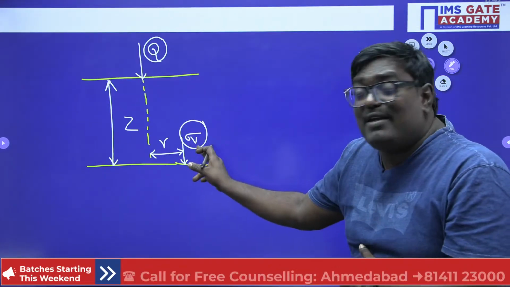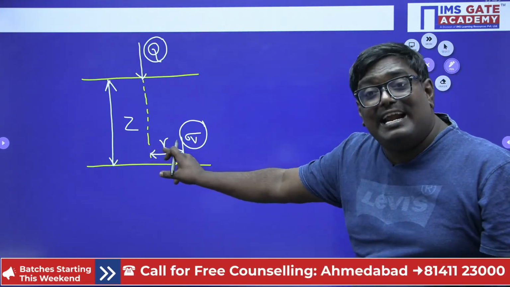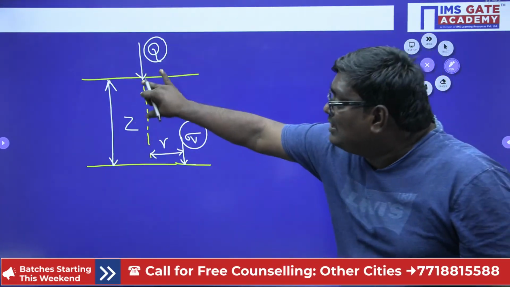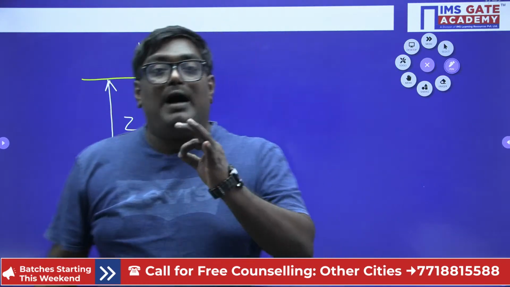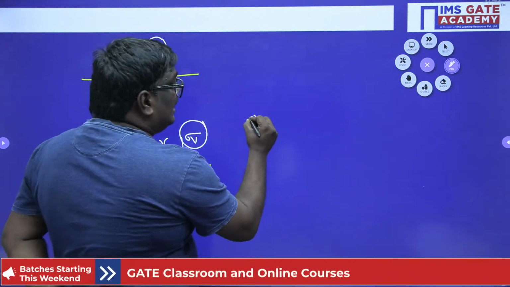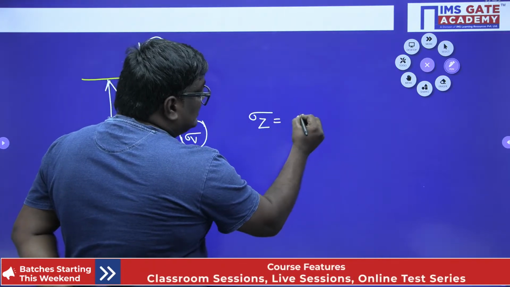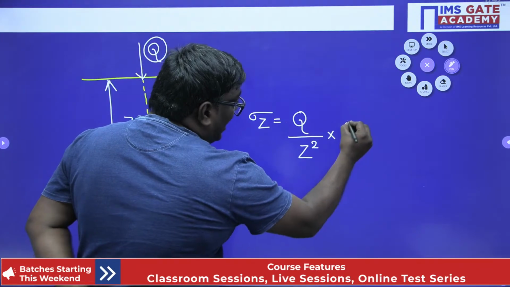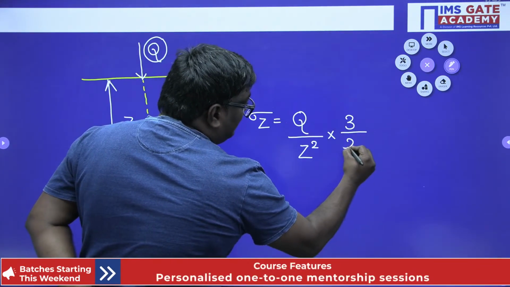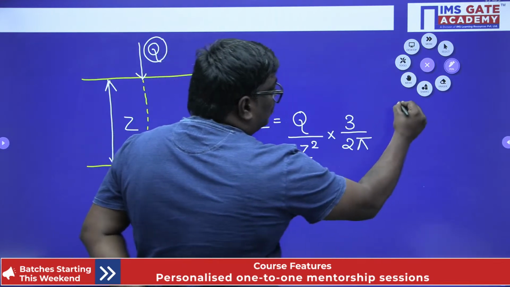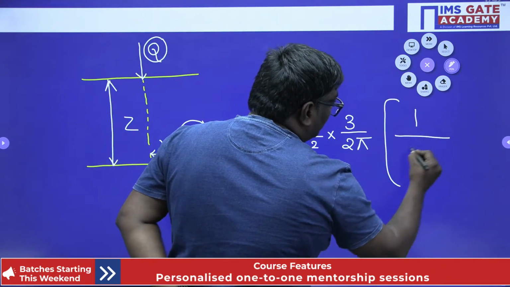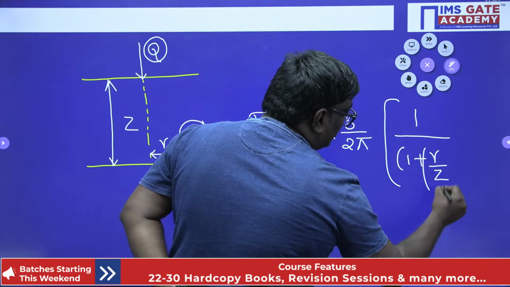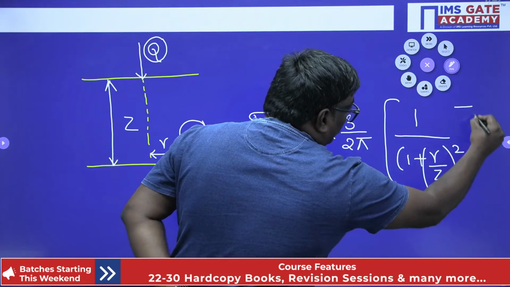We have to identify the vertical stress at a radial distance r when a point load is acting on the soil at a depth of Z. So my dear students, Boussinesq's theory is given by the formula sigma Z is equal to Q by Z square multiplied by 3 by 2 pi into 1 upon 1 plus R by Z whole square whole power